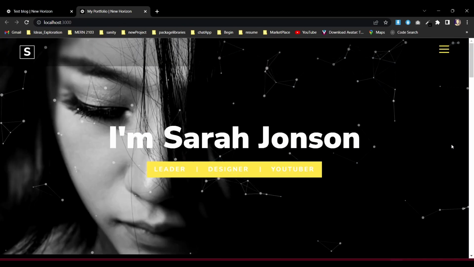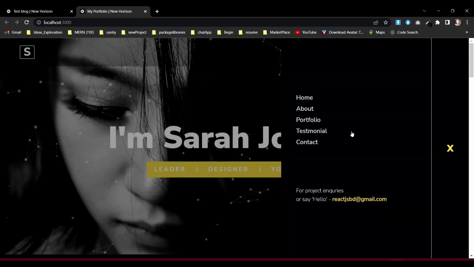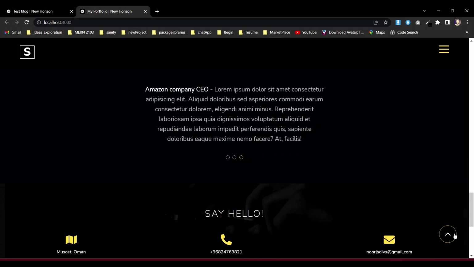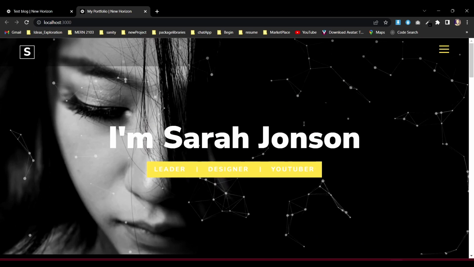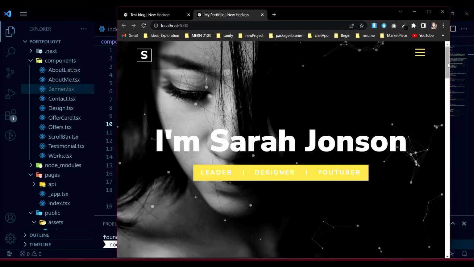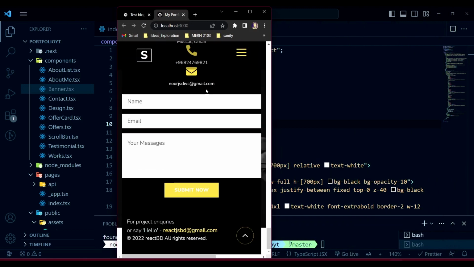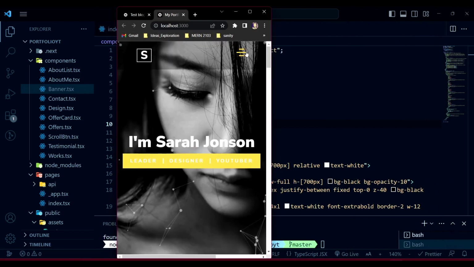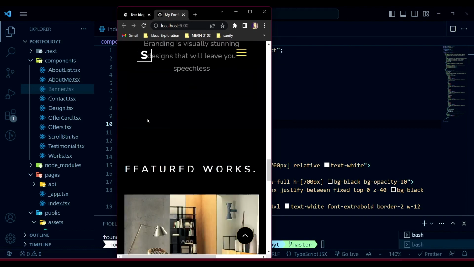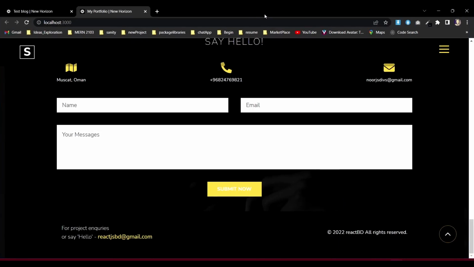So if I click over here, it's closed. If I click, it's removed. If I click, it's going to the testimonial. If I click, it's taking to the top. So now also, if you just see over here a little bit in a good way, it is fully responsive and is working just fine. So feel free to implement it all over the place, but there is another little bit of things